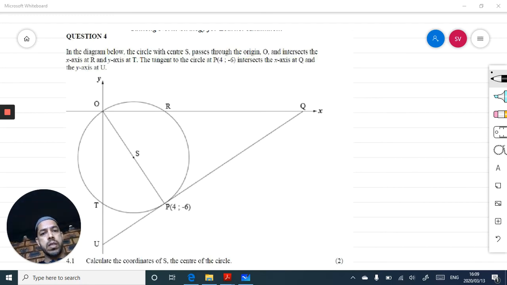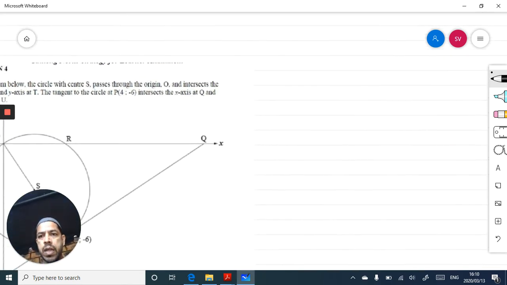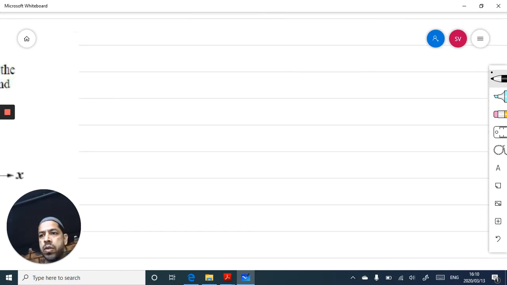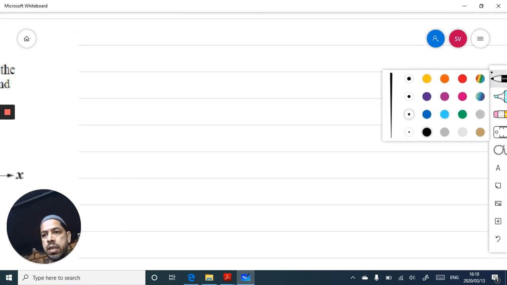Our next topic, which we have already started in class, is analytical geometry, where now we are going to introduce the circle as well. So before we go for this topic, we must know what formulas we already know about analytical geometry. If I start noting down from grade 10, grade 11,